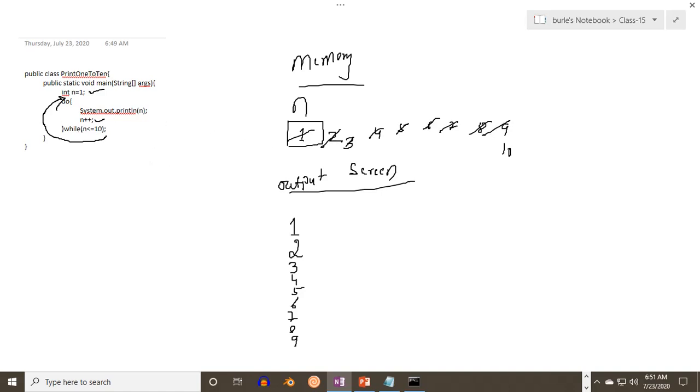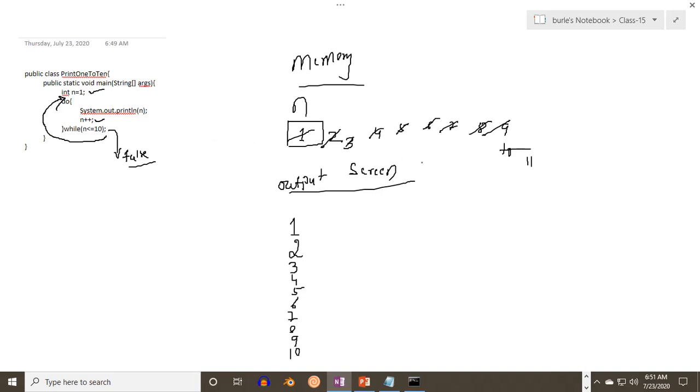So while 10 is less than equal to 10, condition is true, so it will jump to the do part. Do, enter into do while block, System.out.println(n). So now it is 10, n++, it is 11. Then end of while block, while 11 is less than equal to 10, condition false. So once condition is false, it will not execute the loop, it is out of the loop, and the rest of the statements will be executed. So this is how for, while and do while are working.